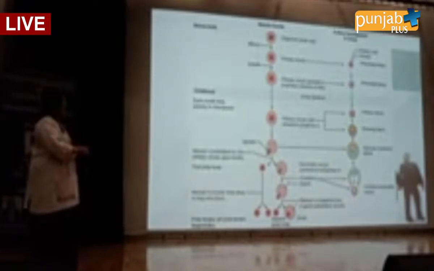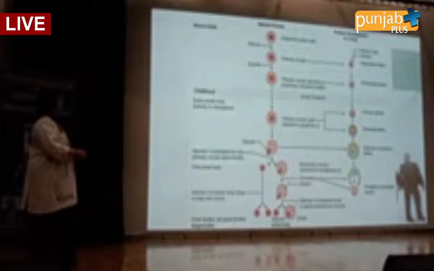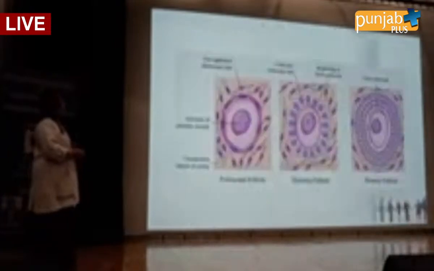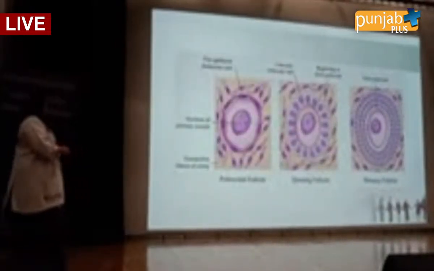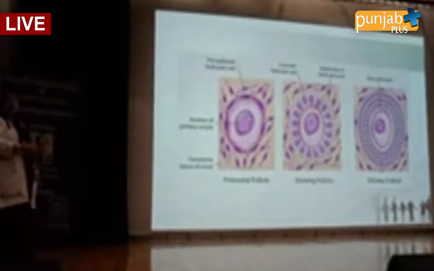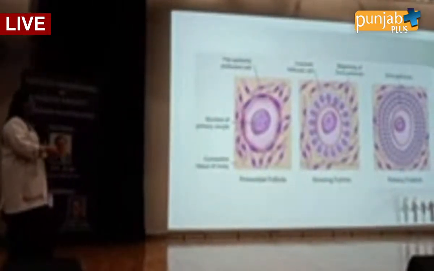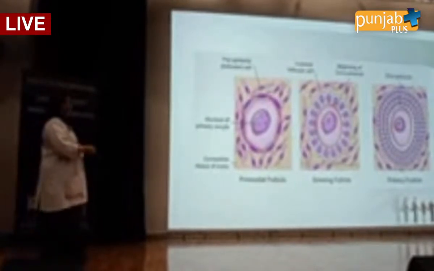So this is the primordial follicle, the primary follicle, and the secondary follicle. Gradually the follicle enlarges, and ultimately there is the formation of the Graafian follicle. See, this was the primordial follicle. Where was this, children? Before birth. And after that there is the formation of cuboidal cells, and this is the growing follicle,